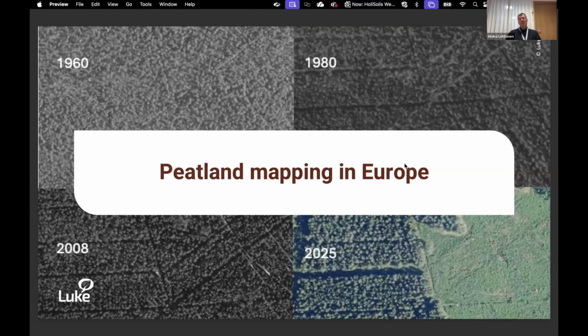Then monitoring. I think the first condition for monitoring is that we need to know where we have those peatlands. And here, coming from Finland, we do have a lot of those. Here you can see aerial photos from our study site Ranskälänkorpi. From the upper left corner, starting in 1960, only a few ditches. In 1980, already more ditches. In 2008, you can see that trees have been growing better. And in 2025, you can see the clear cut on the right. And on that clear cut, we have our eddy covariance tower for peatland monitoring.